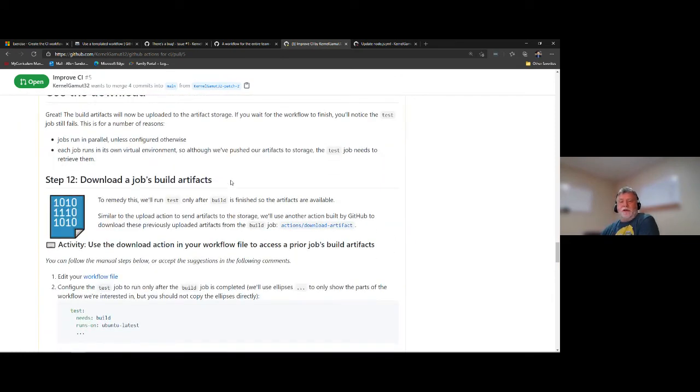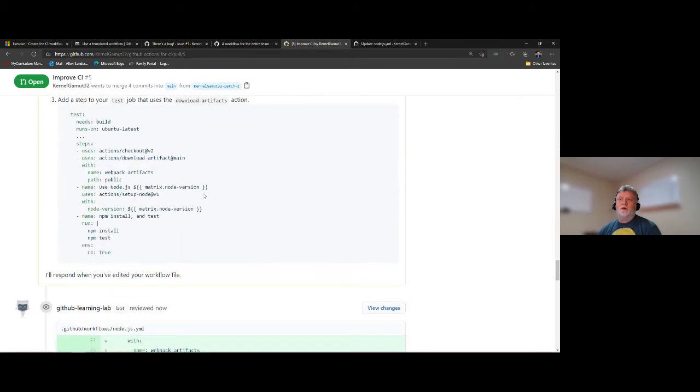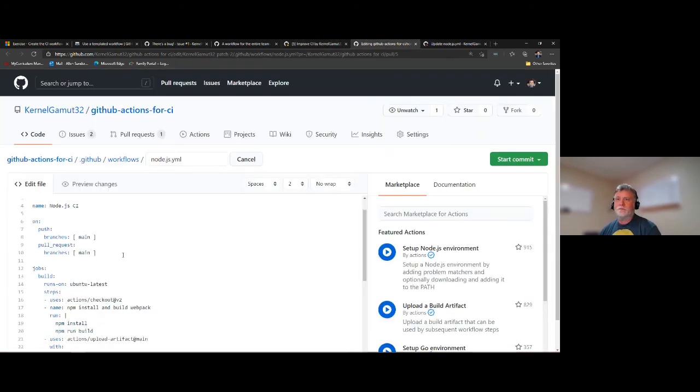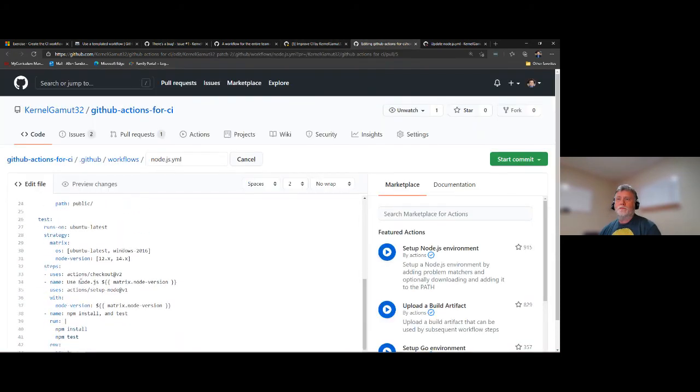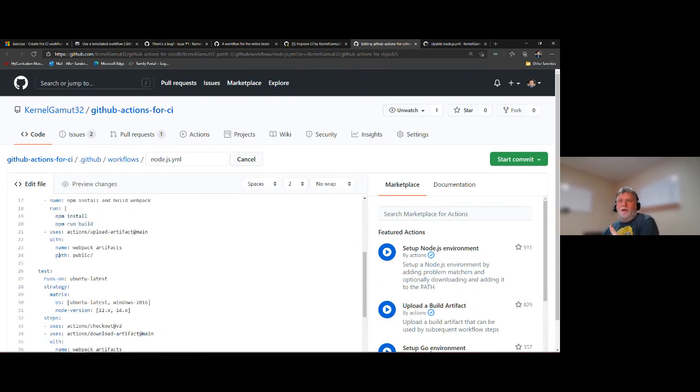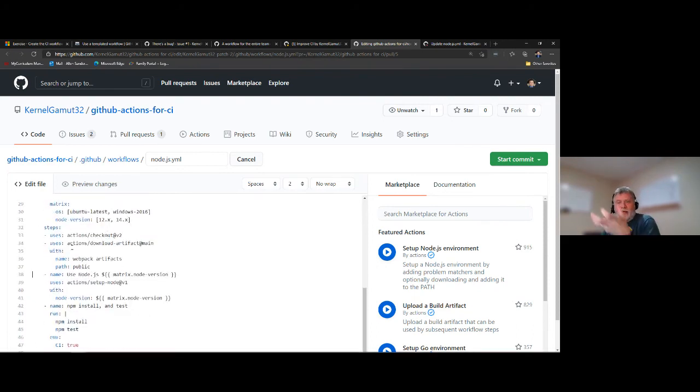Now it's still going to fail. So instead of waiting for it to fail, we're just going to turn around and also add, right after the checkout step, the download. So if I go into the workflow file again, this is going to run a download artifact. So this is going to basically download what this uploaded. This uploads to GitHub storage. This host then is going to download from that same storage